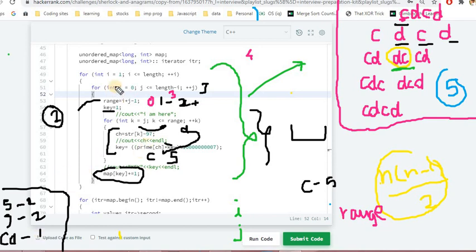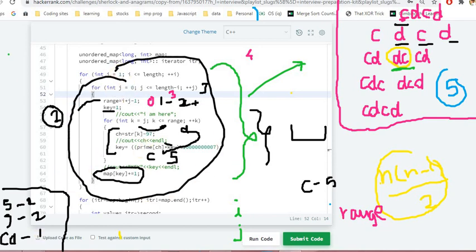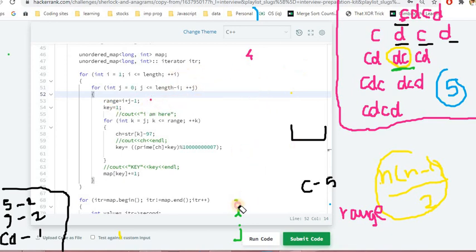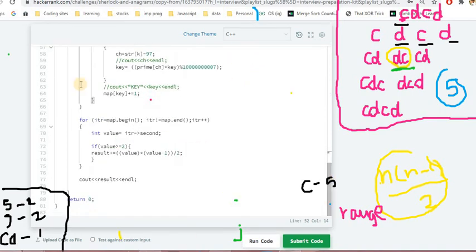And once we get all the key value pairs here, after this we can simply check if values are present more than one time. So we iterate through our map to the end, and we initialize a value, that is it.second.